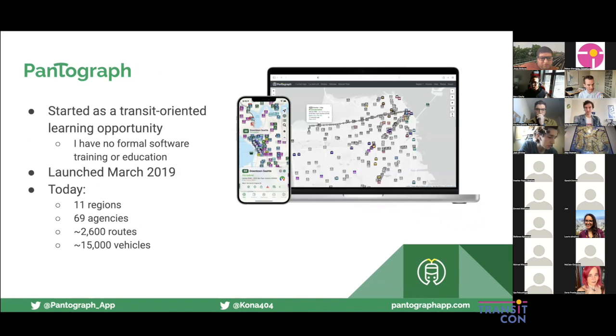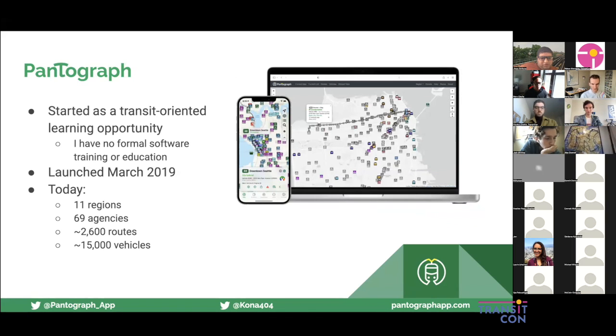This was something that got started in 2018, kind of my late sophomore, early junior year of college. I knew that I was going into transit professionally, and I wanted to be able to supplement that by doing some learning and research outside of my formal education. So that led me into GTFS, which I started learning as an opportunity to just kind of learn about how scheduling and operations work. And when I got into the real-time side of things, I knew that I was going to need some way to put that learning into practice. I couldn't learn that in the abstract.